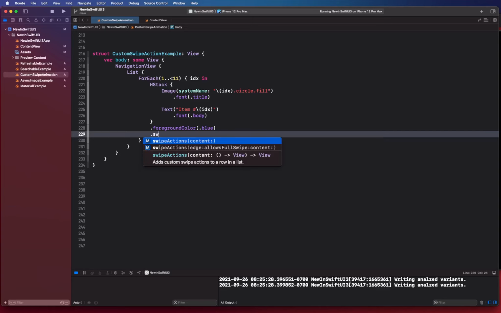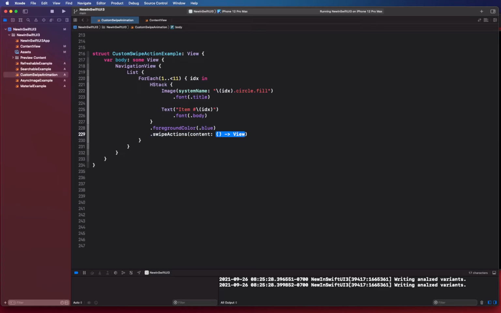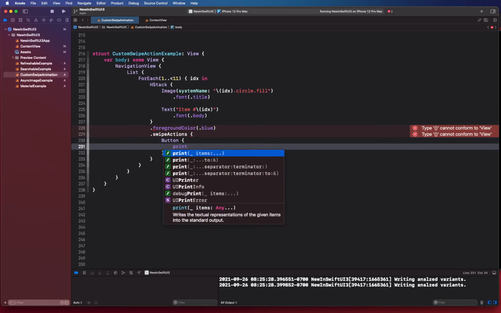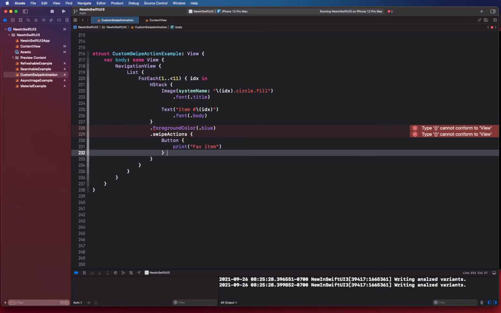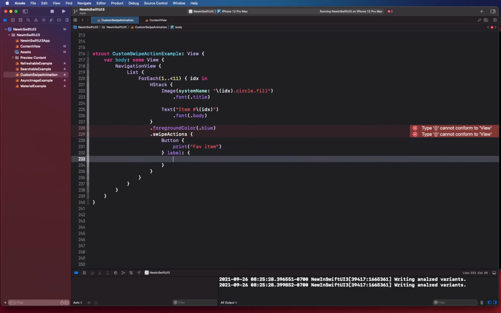Okay, so we're going to simply say swipeActions, and we are attaching that swipe action on each row. The default constructor has all the defaults defined, so all you need to do is provide the content. We're going to provide the content in the form of a Button, and the button is going to print something, and that print is going to be favorite item, and it's going to have a label,